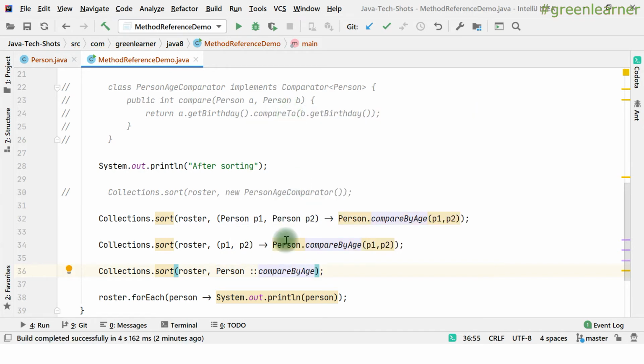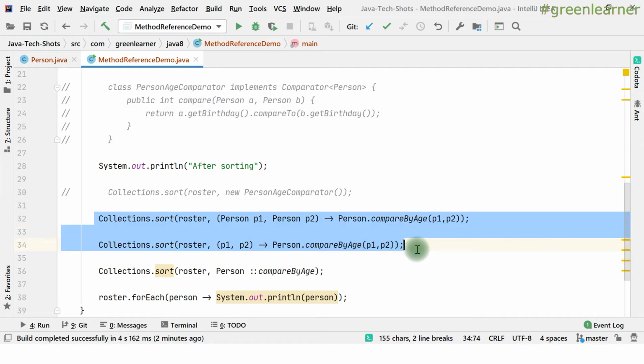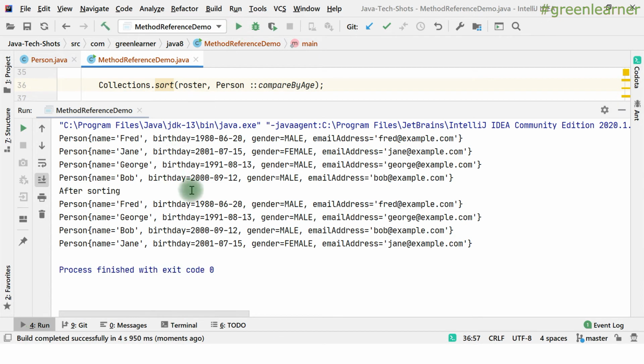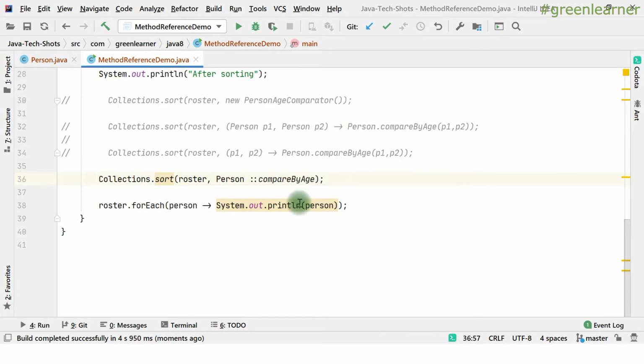I can call compareByAge here. It does the same thing we were doing with these two lambda expressions. If I run this again, there will be no change in the output. Sorting will happen properly: 1991, 2000, 2001. So this is how you can use the compareByAge method in a lambda expression.